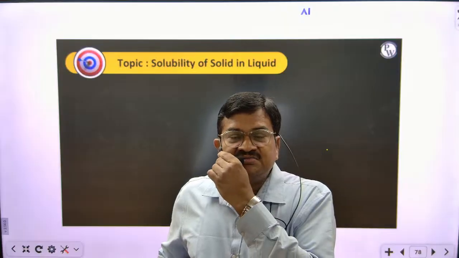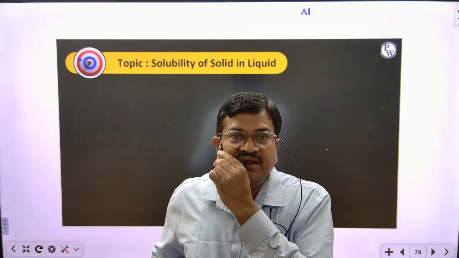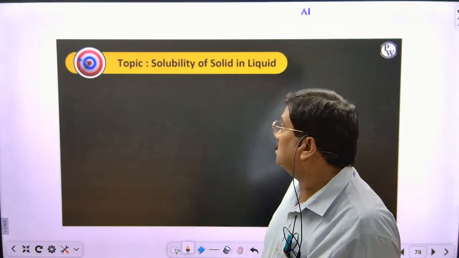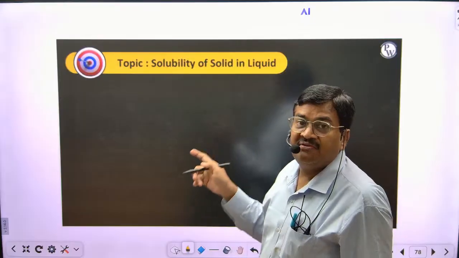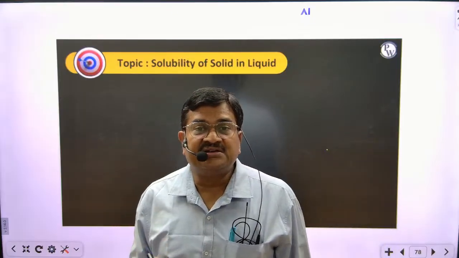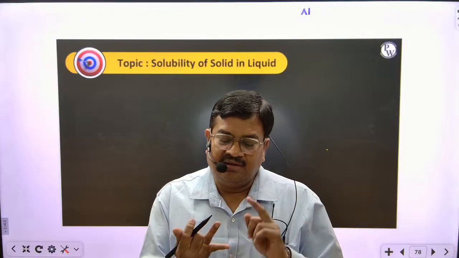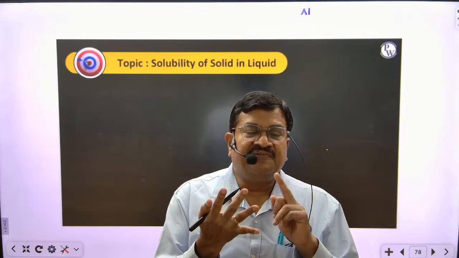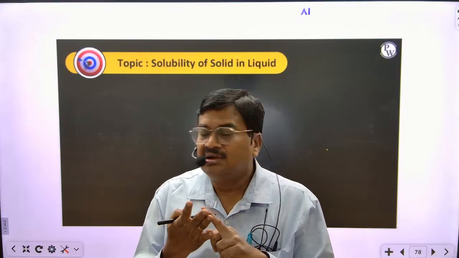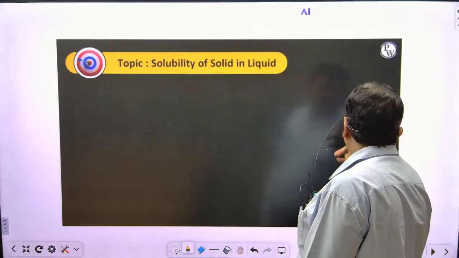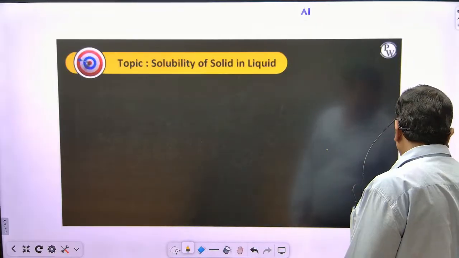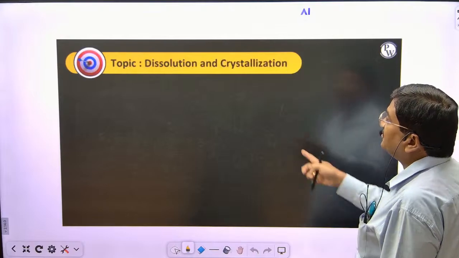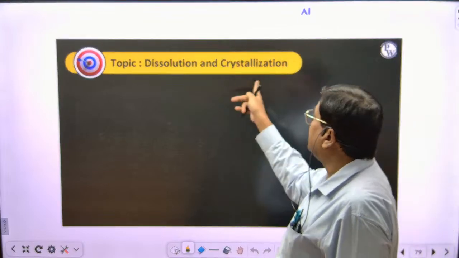The last class we started solubility of solid in liquid, no? So in the solubility of solid in liquid, we discussed factors. What are the factors? Nature of solute, nature of solvent, effect of temperature, effect of pressure we discussed. So once see this, this is the PPT I am sharing for you. Solubility of solid and the dissolution and crystallization